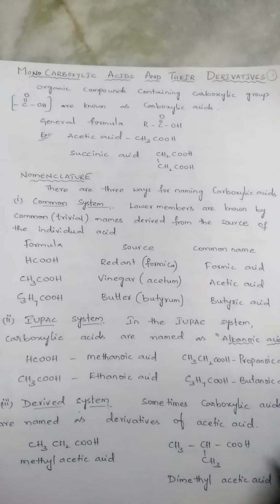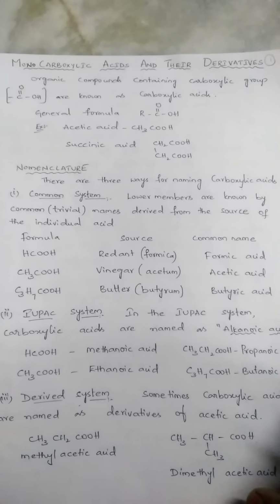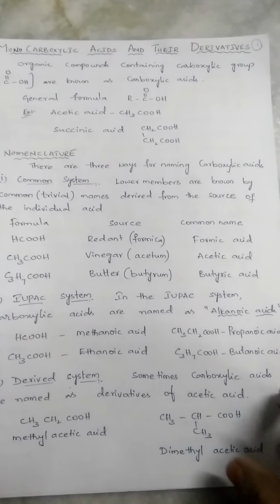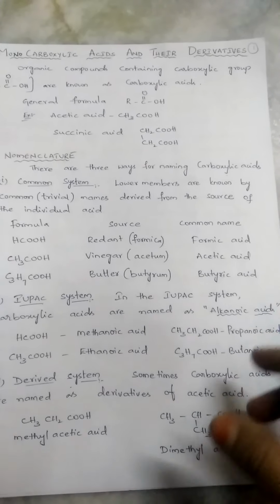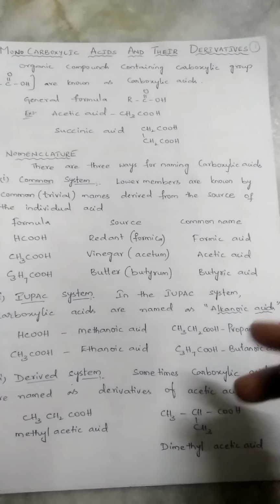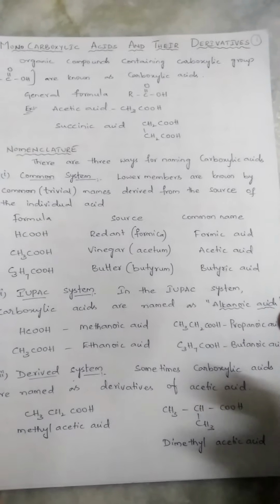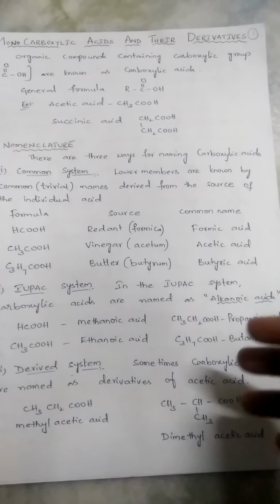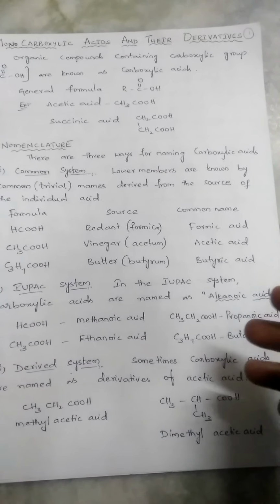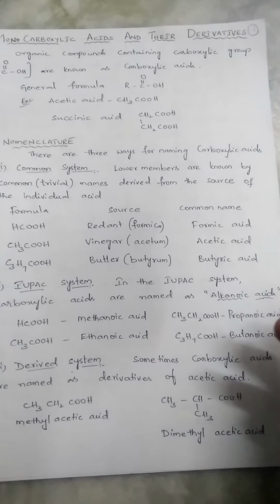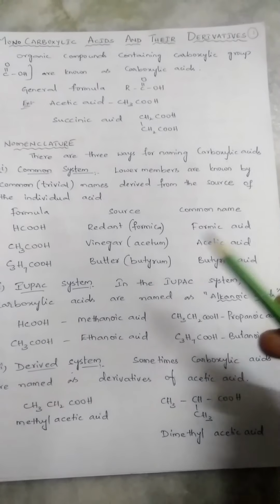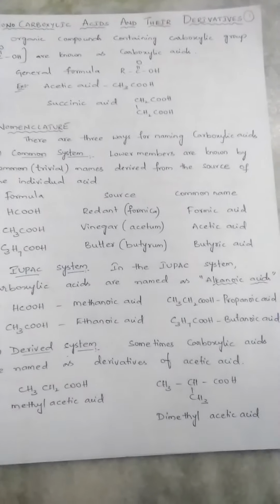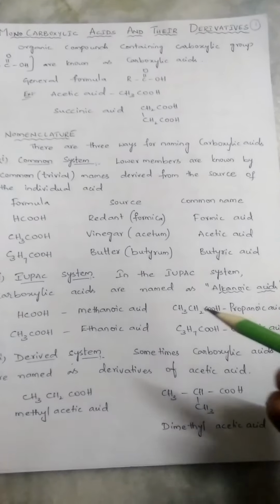Generally, we study the names of these carboxylic acids under three headings. First one is the common system. Even in our houses, some of you have a registered name in your date of birth certificate, but your parents, relatives and neighbors will call you with a common name, right? Similarly here also there is a common name, which, depending upon the source, we are calling them by using their common names.